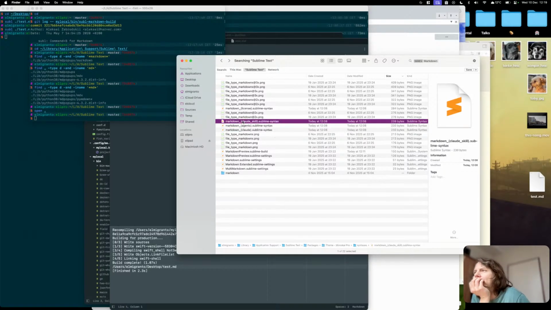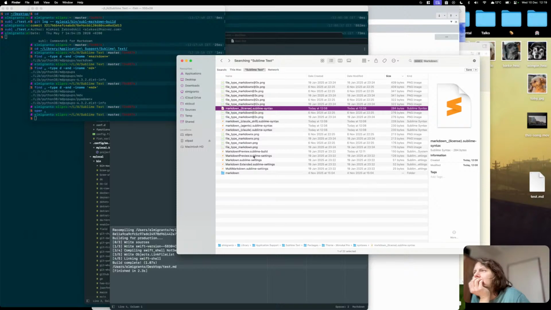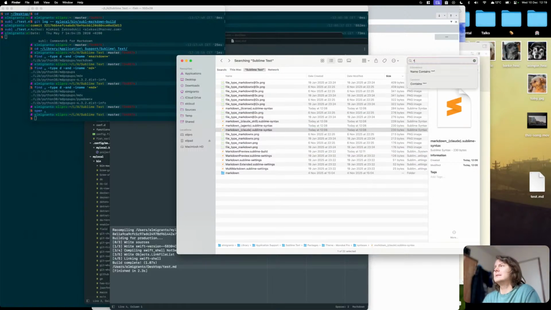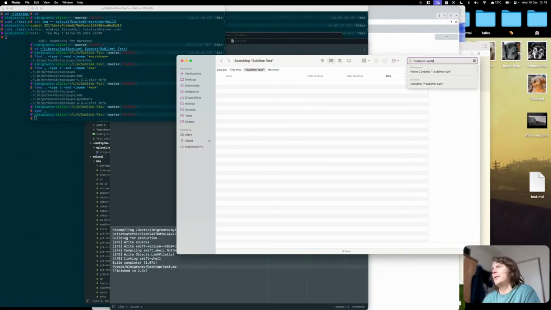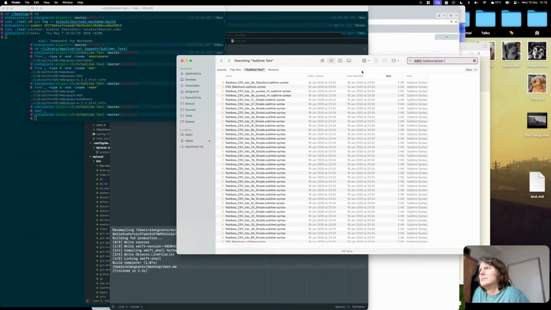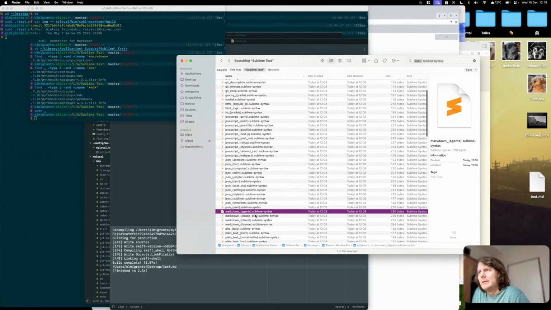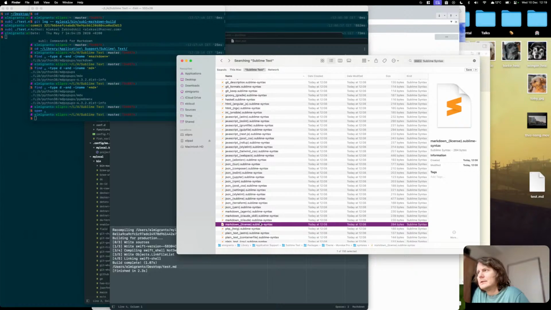Sublime syntax. Markdown. This is some kind of